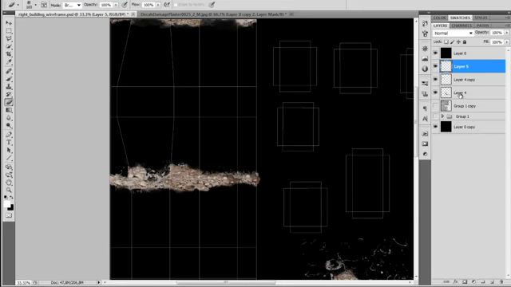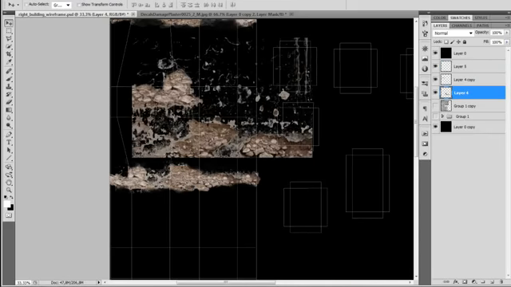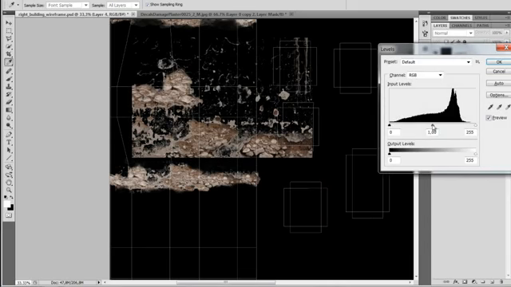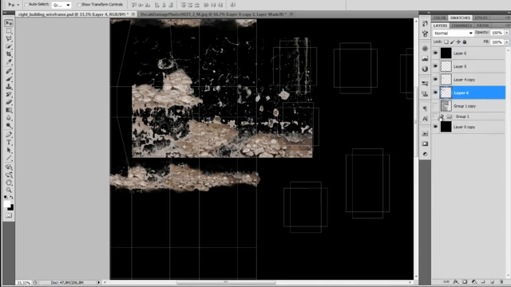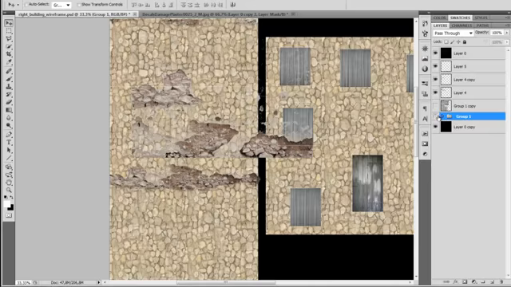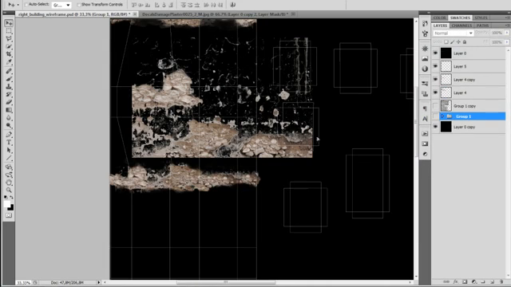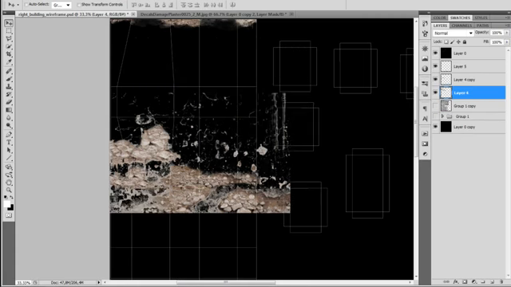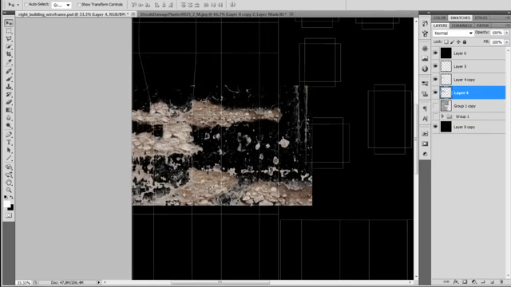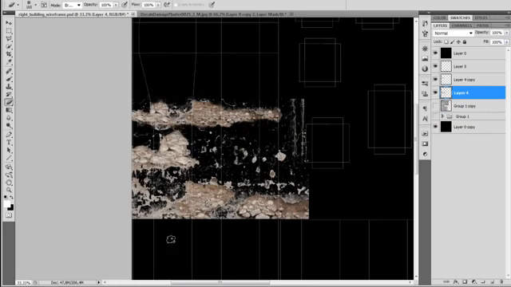So I'm turning off the texture underneath so I can see better. So I'm using the texture that we've brought up initially, again brightening it up a little bit with the levels, and this one will be used for the main parts of the building to create these little bits of wear and tear. So just positioning it correctly